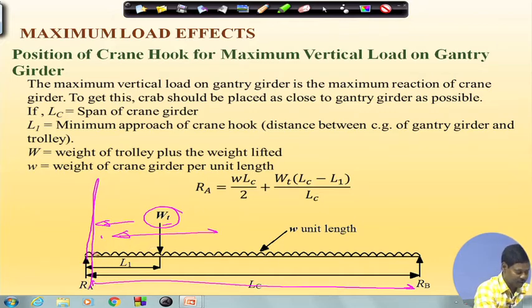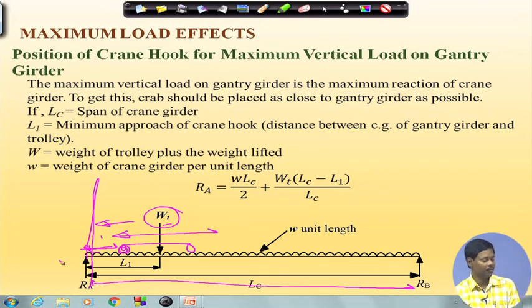That means, we know the crane has wheels. So, the wheel cannot come up to this; it has a certain minimum approach. So, excluding this minimum approach, we can keep one wheel here and another wheel here. So, its CG will be at the middle of this, where the CG of the wheel and support are defined